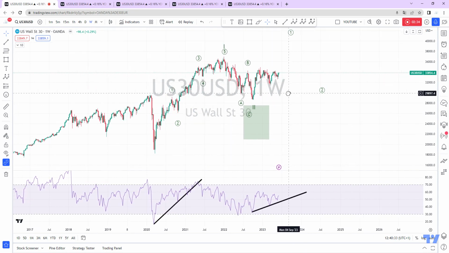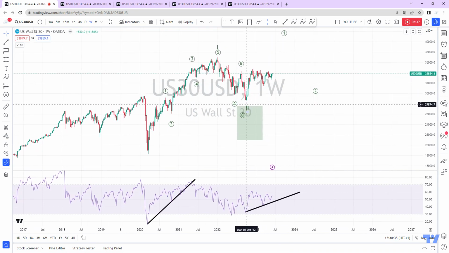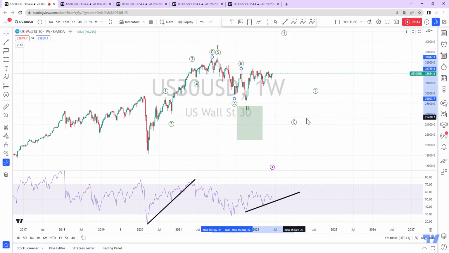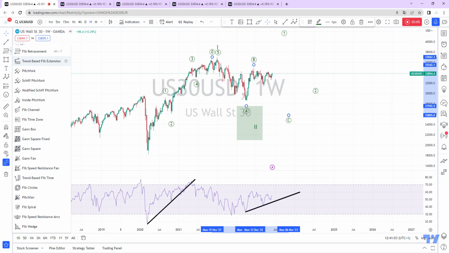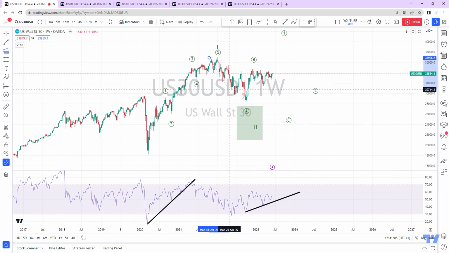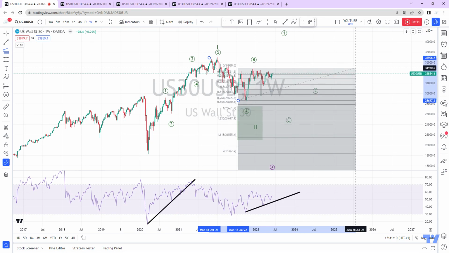Like it could be that, like now I draw this ABC, but maybe we are still doing something like this, that this was only the wave A here, that we are now doing a B, or maybe this was our B, and that we then make another low as a wave C. If this would be the case, then our target becomes the equal leg area of your wave A and your wave B. Then we should end somewhere here,